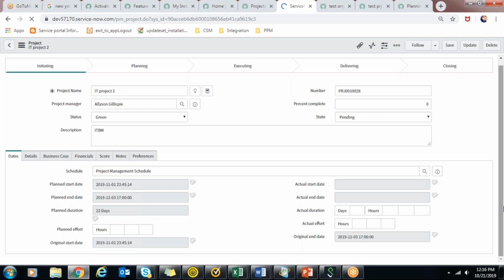One question, are you aware of anything new which has come up in the New York release? I just looked into the product features, so I'm not much aware of the things that have been included in the New York release, but I think there is innovation, something that has been added. Innovation management, yes.